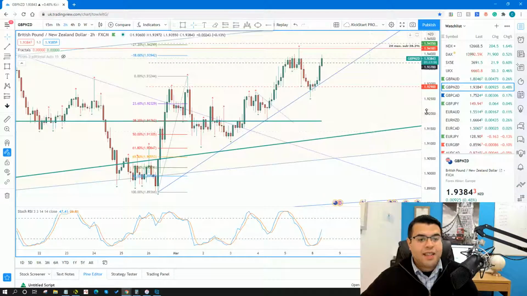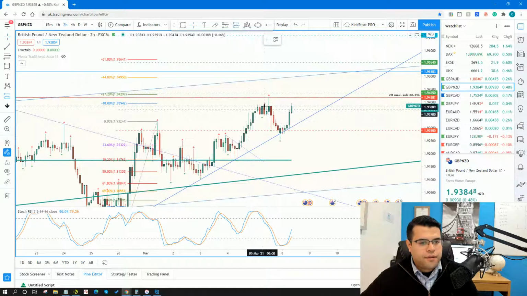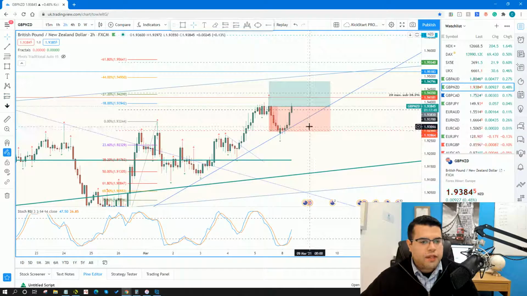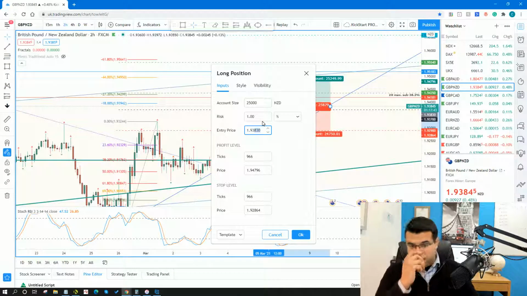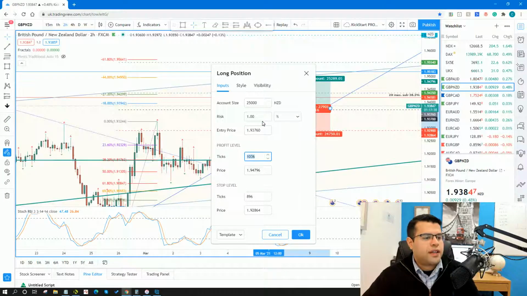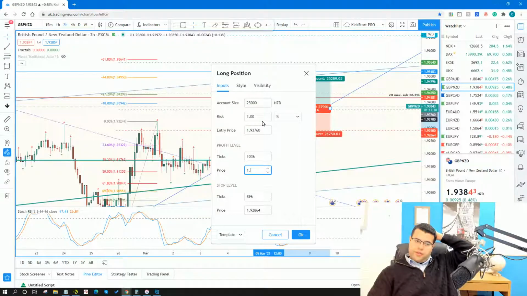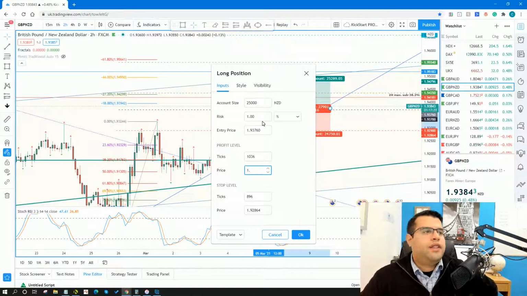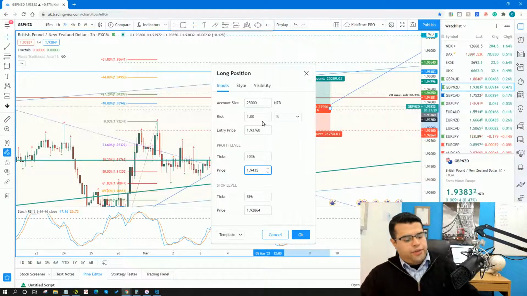And I'm actually in this at the moment. I'm active on this. My entry was 93.76. So here again, I was just ever so slightly late to the party. I had intended to get in at 93.70. That was my ideal, but I didn't actually get in until 93.76. And then for my profit level, I can actually take this to 95.18 as an option. Where do I have this set to? I'm actually going to 94.35, which is just above.